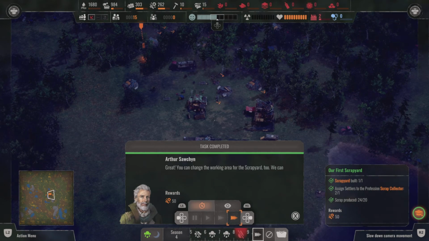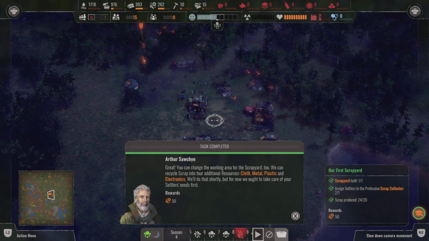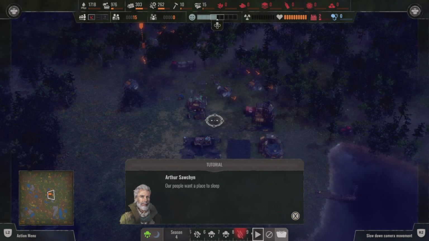You can change the working area for the scrapyard too. We can recycle scrap into 4 additional resources: cloth, metal, plastic, and electronic. Our people want a place to...